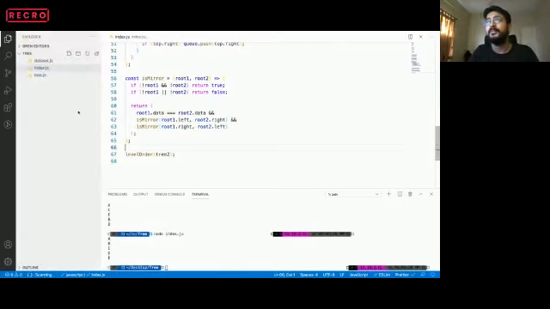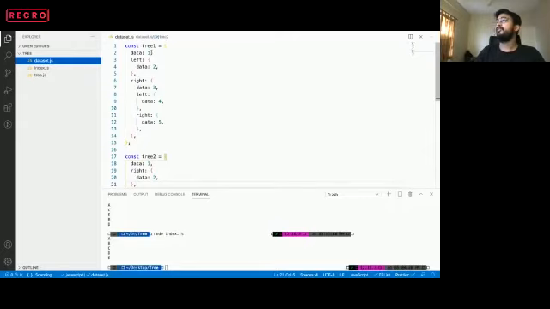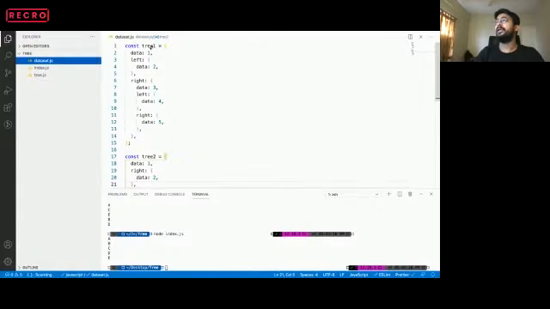Correct. So let's pass some test case to it and see if this works. I have already created some data set for this particular example. This is the same data set that we have over here. So it should ideally return true. Okay, so I'll just try to export it.